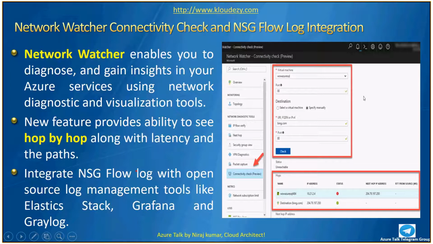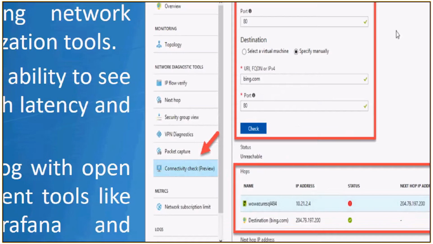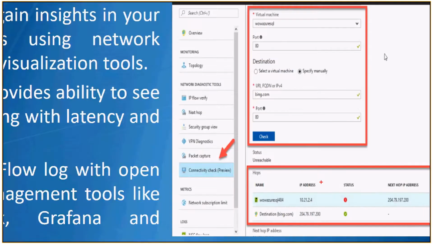So that's the connectivity check, which is in preview. You can give your source machine as Azure, and destination machine as your client machine, and with the port, whatever the application port it connects, and it gives me a success saying that my ports are connected. That's useful when there's an issue with inbound connectivity. This is what I understood, I was quickly able to understand.